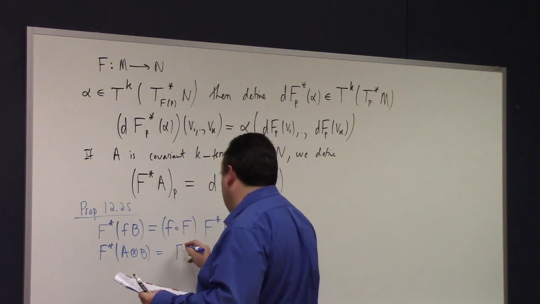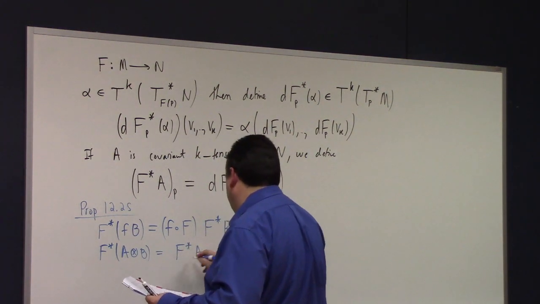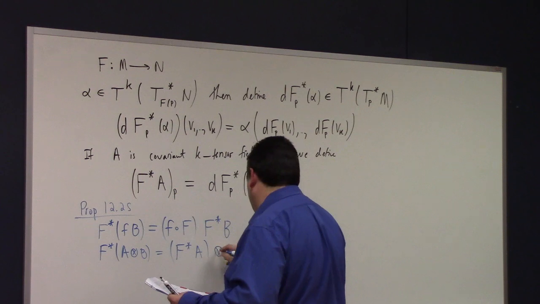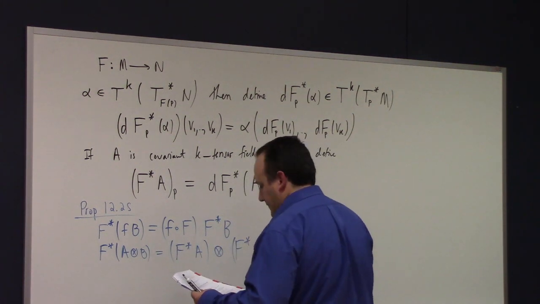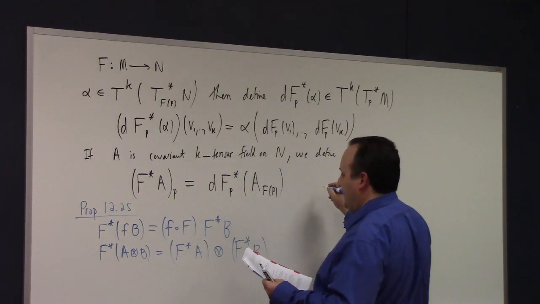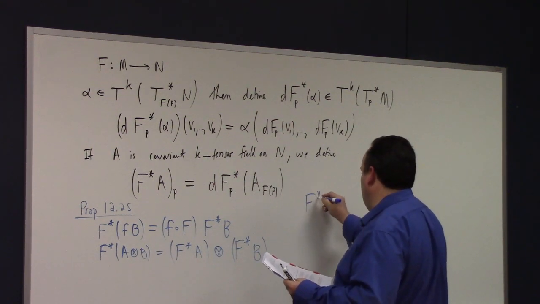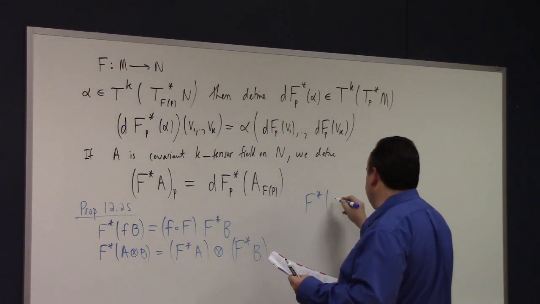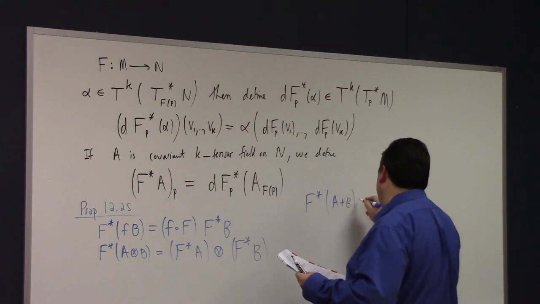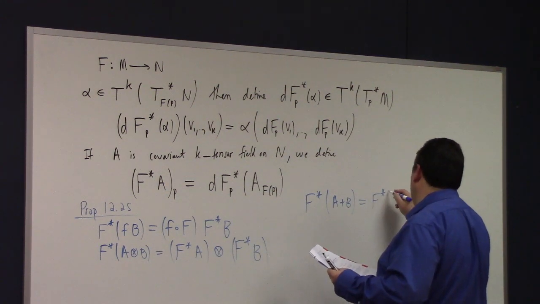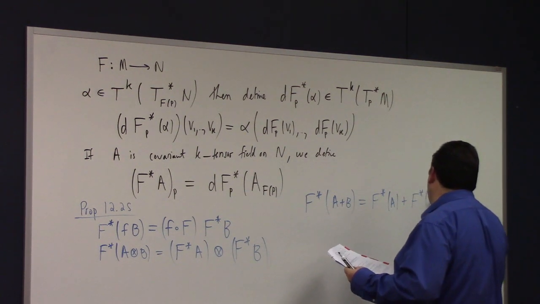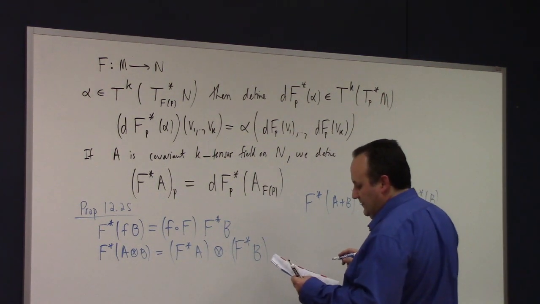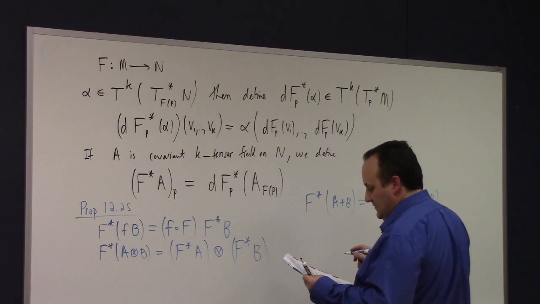It is the tensor product of the pullbacks. And the pullback is additive. And I don't think any of these would be difficult to prove. I may not even put them in your homework though, just because,